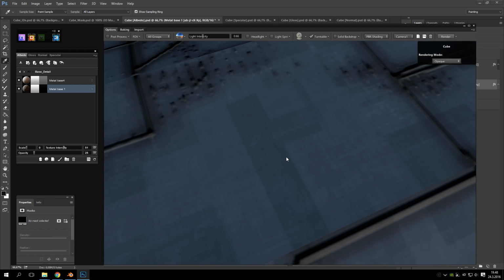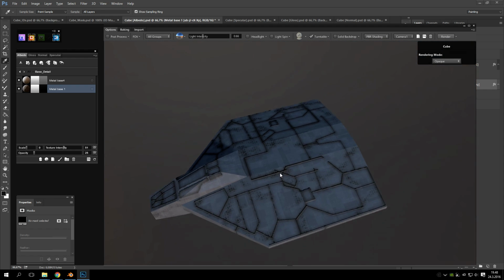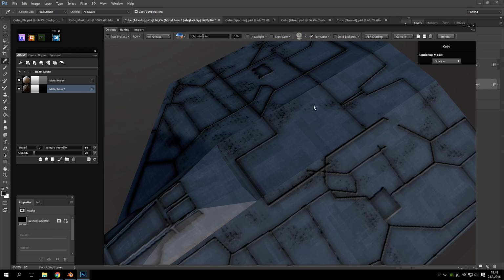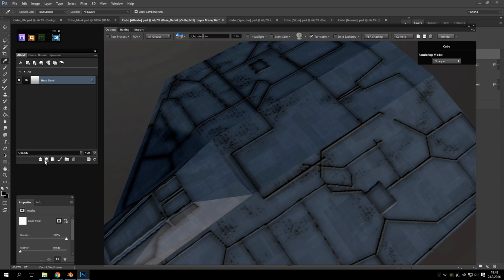Yeah, that's looking good. I think that's fine. So that's my base detail. Then we take another. Oh wait, before we do anything, when you bring your materials here, you have also these